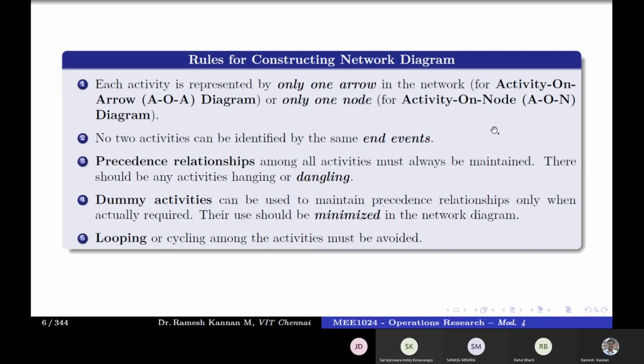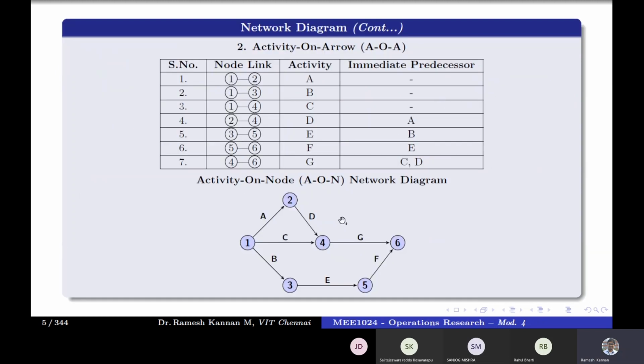Okay. And the rules, as I told you, are Fulkerson's rules for numbering events. Say, for example, when we start, 1 to 2 is A. Then the next one will be B. It is not like 1 to C is 3, because we will be constructing B later. Then after that is C. Which means that we have to give numbers in incremental order, the first one being the lowest and the end event being the highest of the numbers. The intermediate ones will be based on the construction as we go on.